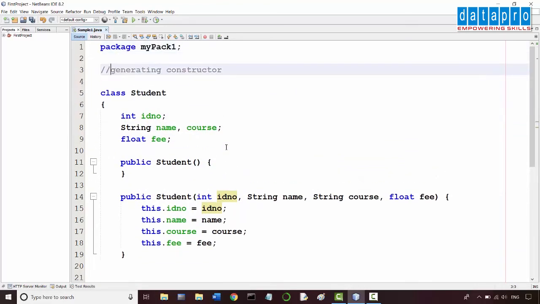Now let me demonstrate the next key feature. Generating setter, getter methods. I assume that you already know these concepts. Just how to create them using NetBeans IDE. That's what I am demonstrating now.